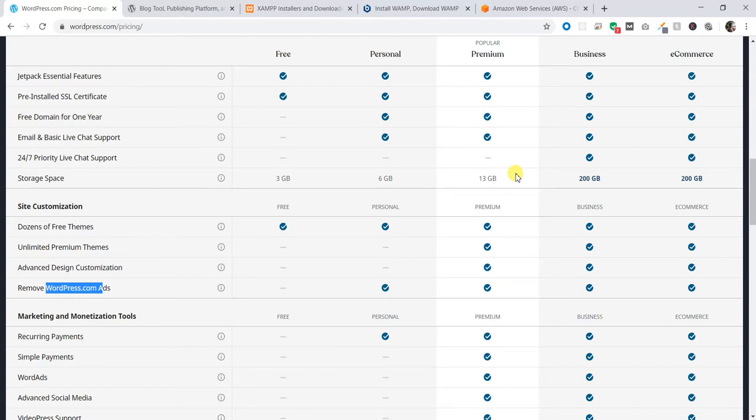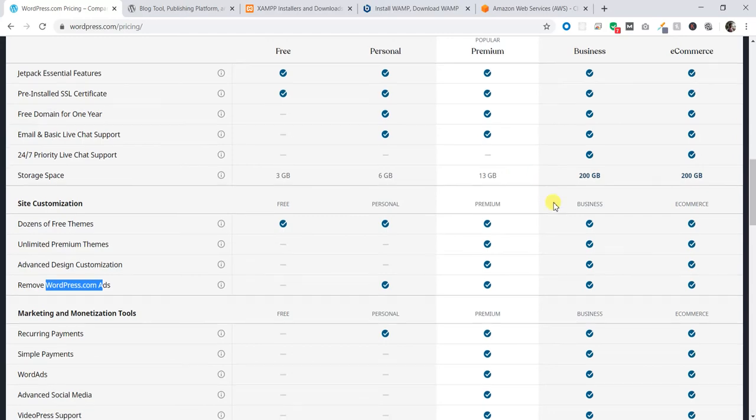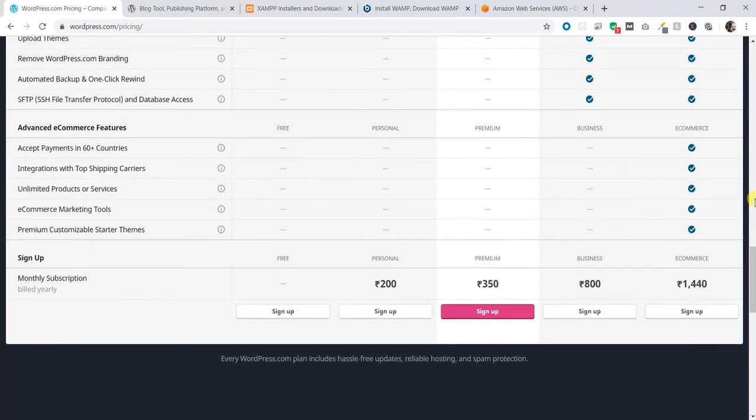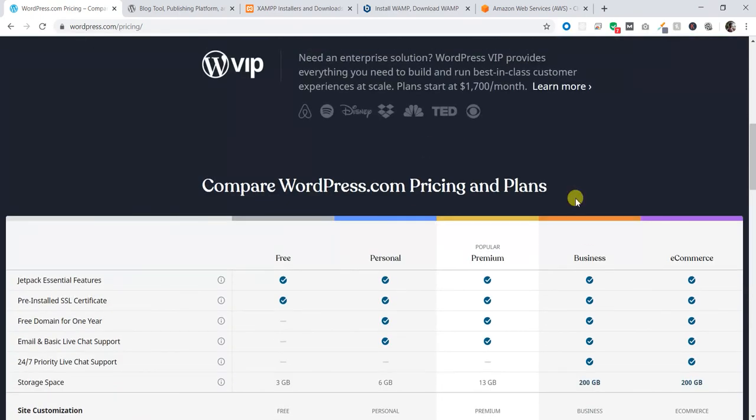Next is the e-commerce plan. If at all you are planning to create any e-commerce portal, you can go ahead and select an e-commerce platform where they'll be giving you 200 GB of data, SSL certification is activated, and you will also have payment options by default integrated into your package. So depending on your requirements, you can go with any of these plans.